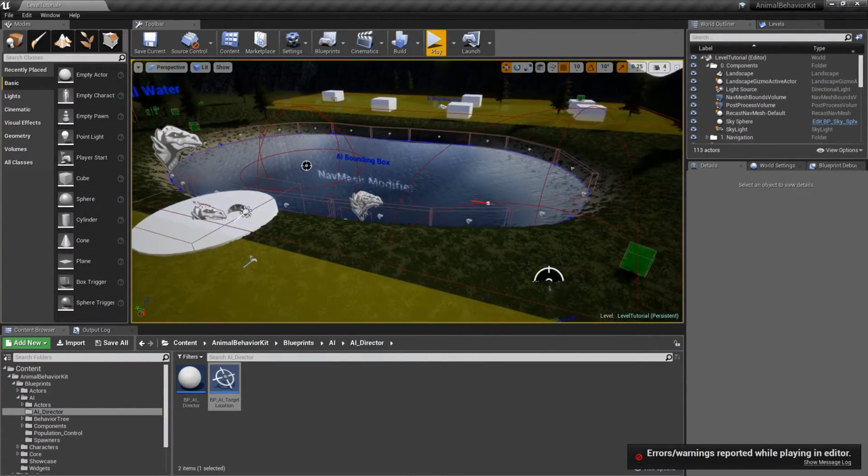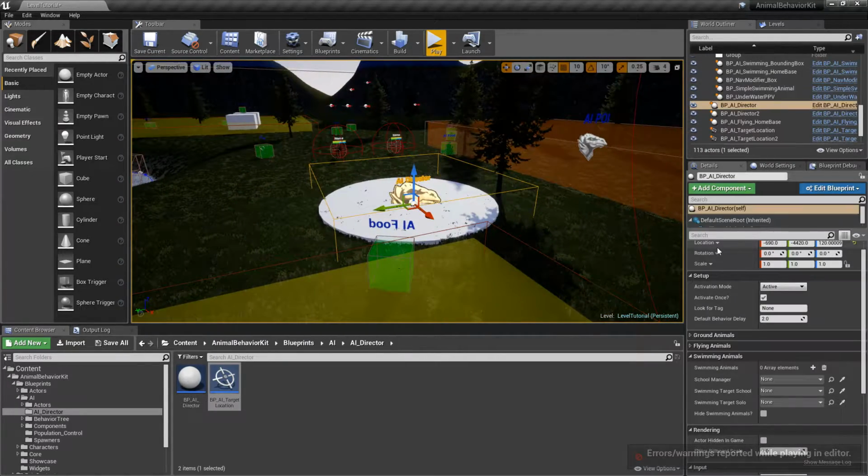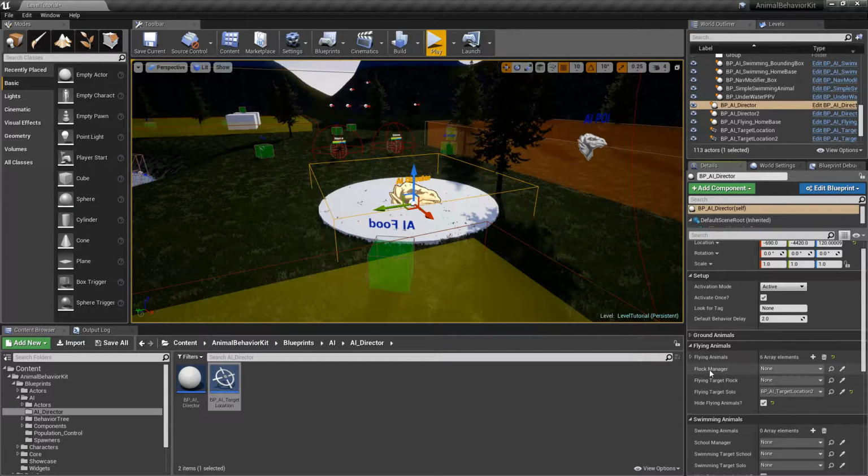All right, simple enough. So let's go back here and notice that you also have the ability to add a school manager or a group manager here, and then you can have your own target for the school, the group. And the same here for flying animals. You can have a flock manager or a group manager and a target for the flock independently of the individual solo animals. I'm not going to demonstrate it now for time purposes, but it's going to be